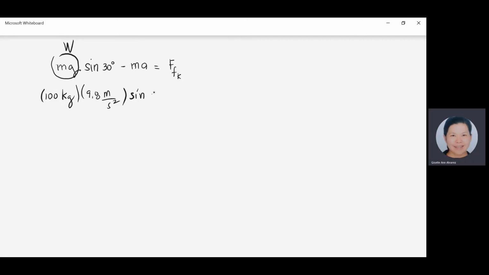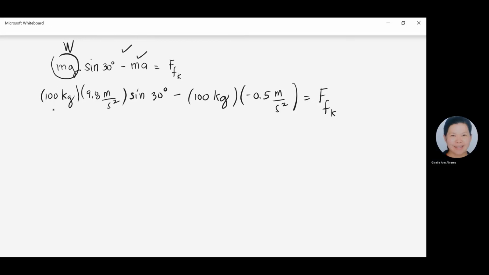Sine 30 degrees, minus mass is 100 kilos, acceleration along the x, we have already solved this, negative 0.5 meter per second squared, equals FFK. Executing this using your calculator, 100 times 9.8 times sine 30 minus, open parenthesis, 100 times negative 0.5, close parenthesis, equals,